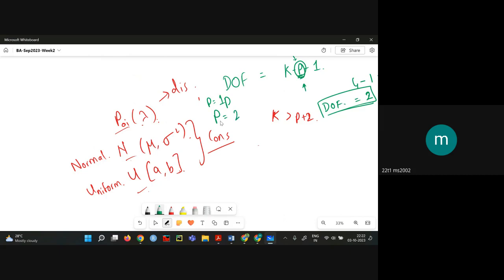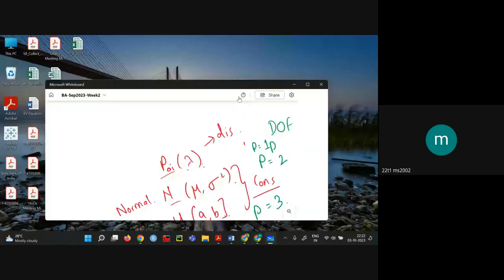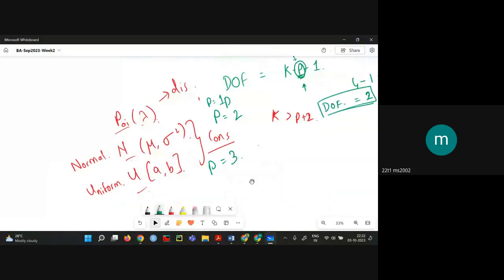My P is equal to 2. When I build a chi-squared distribution with a uniform, my P is equal to 3. Now here comes the most important trick,